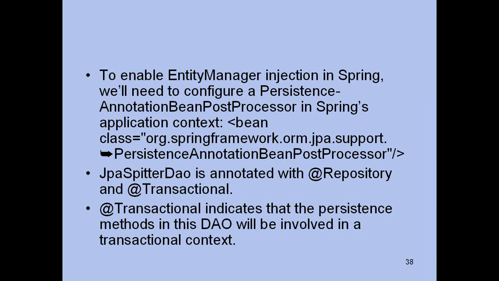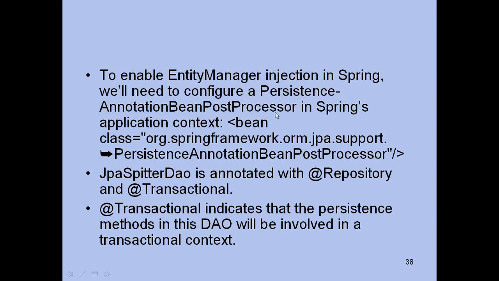To enable entity manager injection in Spring, there are a few other steps to be done in configuration. You need to also configure the persistence annotation bean post processor.